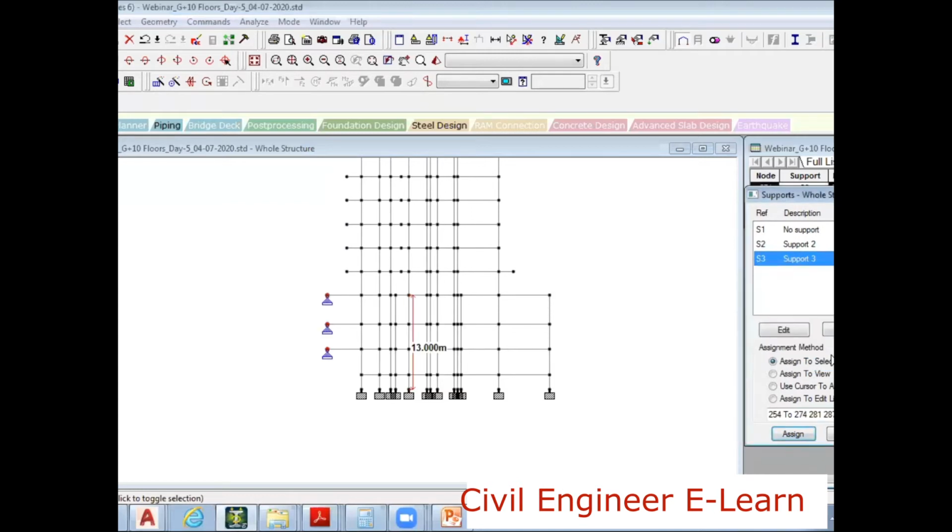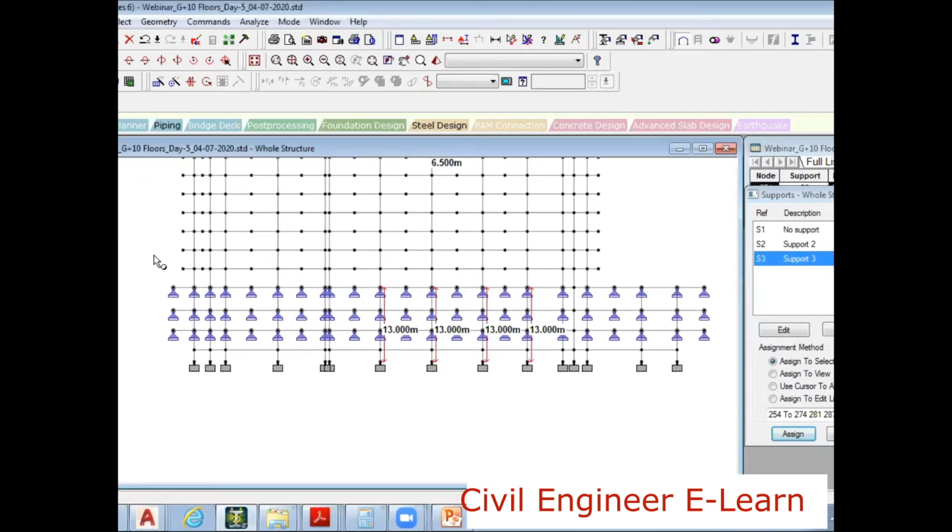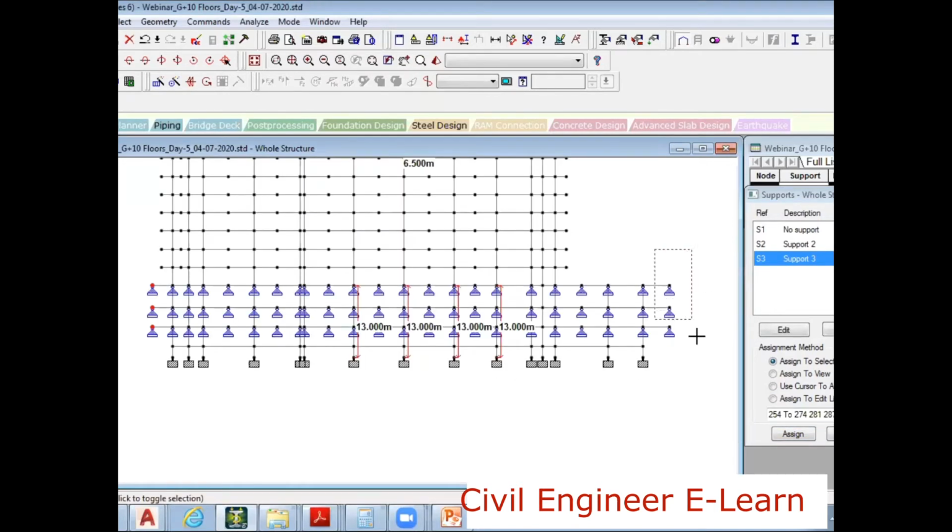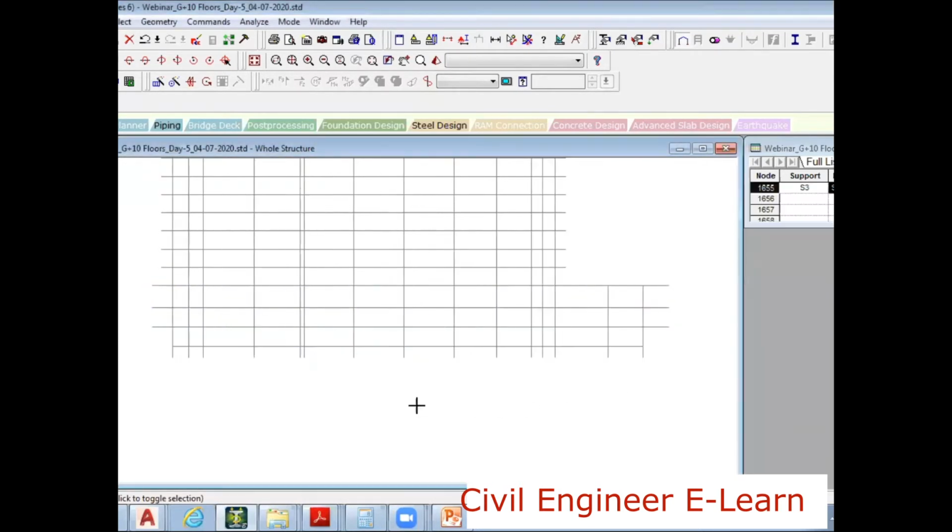Assign, say yes. I will go to the whole structure front view and add here also, on the periphery of the structure. Assign to structure nodes, assign yes, right?